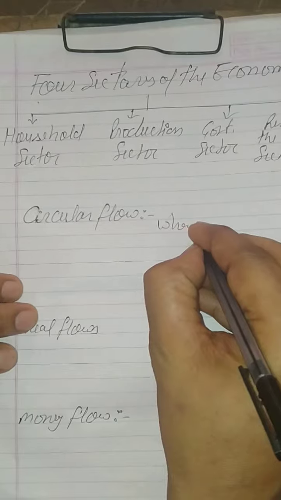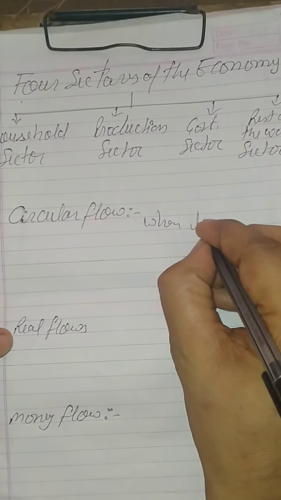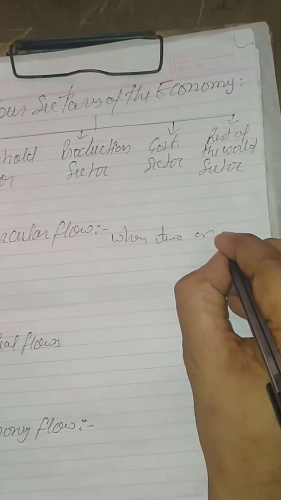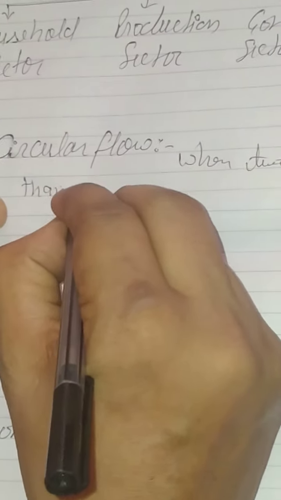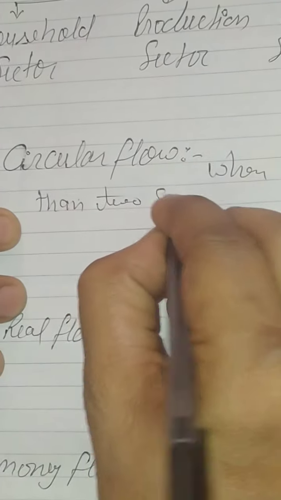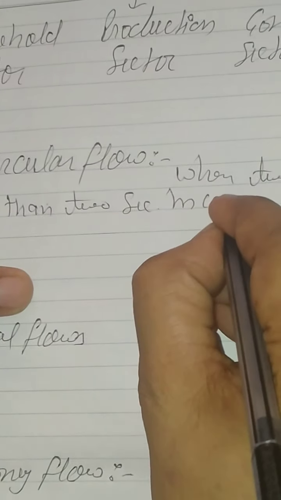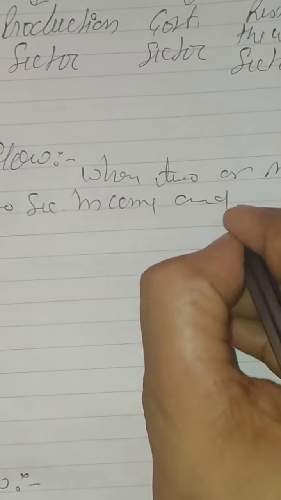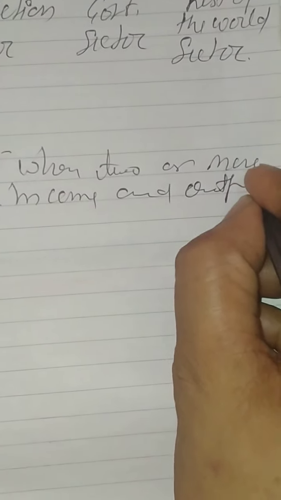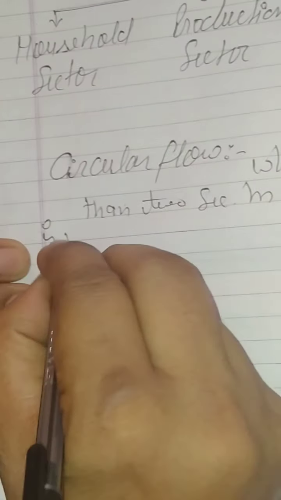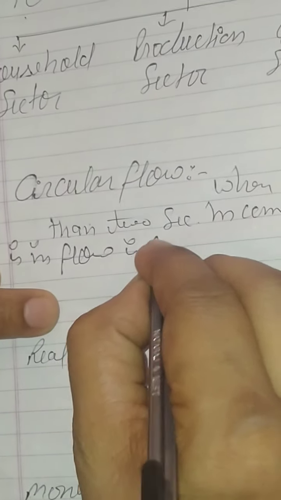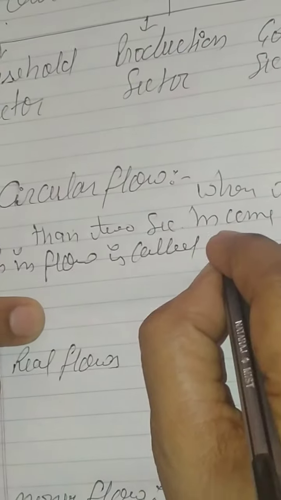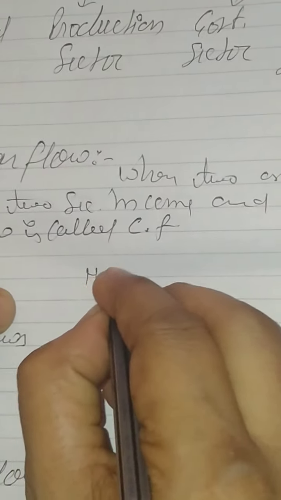When two or more than two sectors, income and output is in flow, it is called circular flow. See guys, that's your household sector